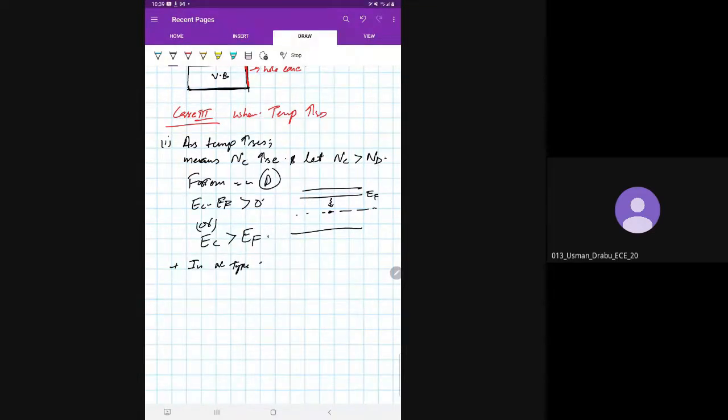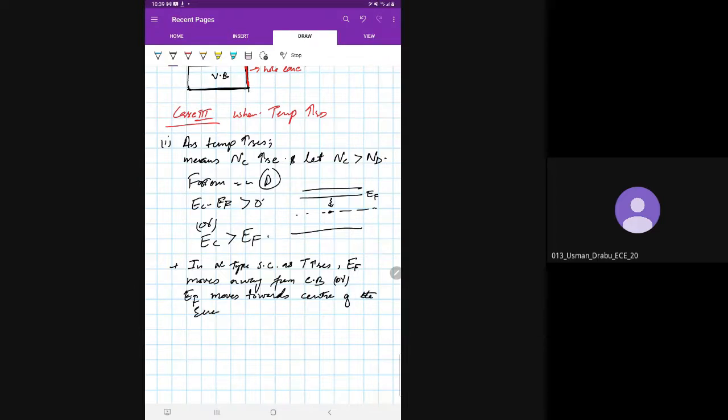In N-type semiconductor, as temperature increases, Fermi energy moves away from conduction band, or Fermi energy E of F moves towards center, towards center, okay, of the energy gap,